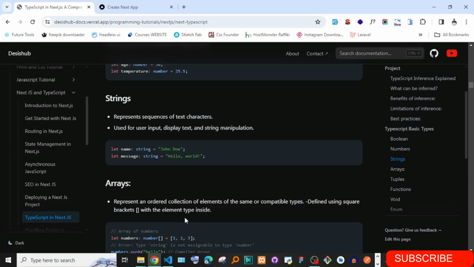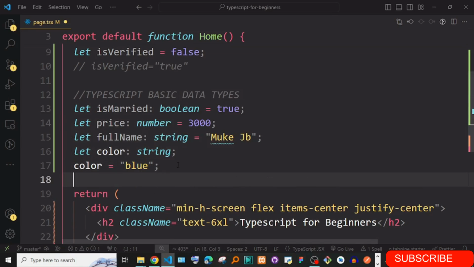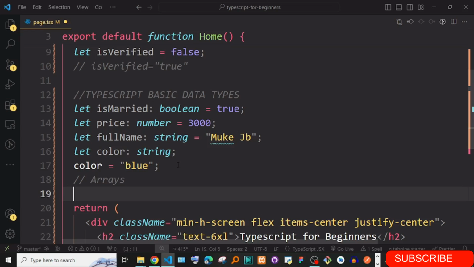So let's start with the one which is taking it one step further: arrays. Let me just put here arrays. For arrays, for instance, we have const, maybe names, so you can go ahead and define this.